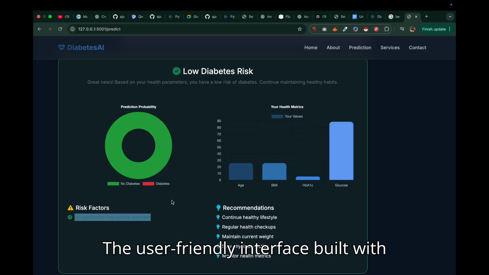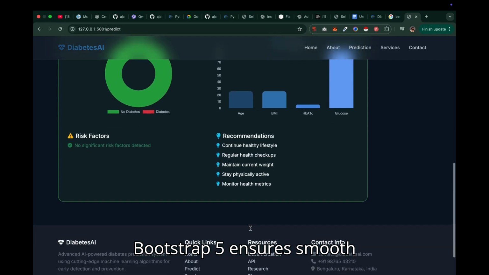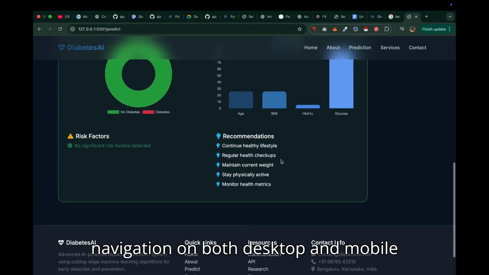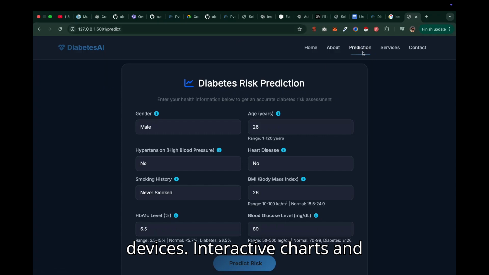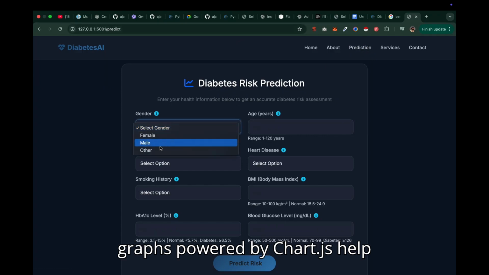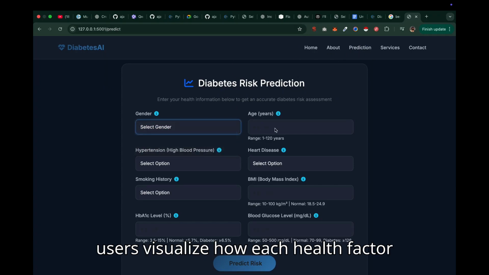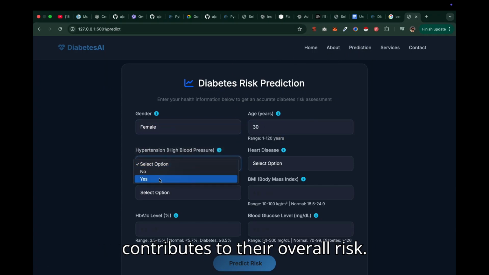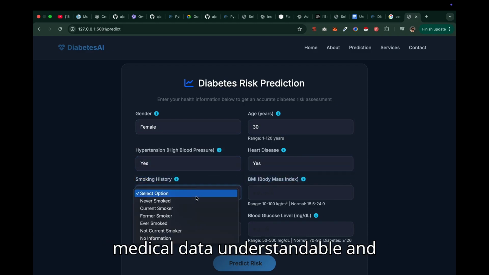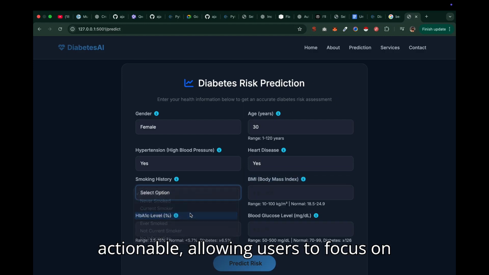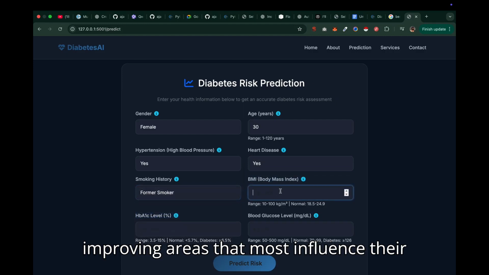The user-friendly interface, built with Bootstrap 5, ensures smooth navigation on both desktop and mobile devices. Interactive charts and graphs powered by Chart.js help users visualize how each health factor contributes to their overall risk. This visual approach makes complex medical data understandable and actionable, allowing users to focus on improving areas that most influence